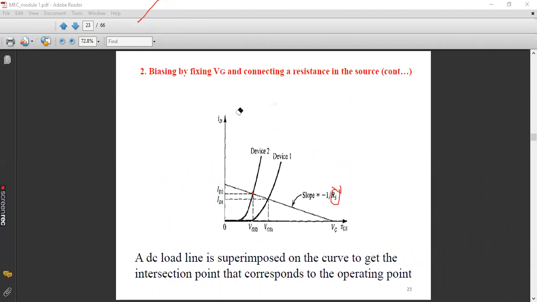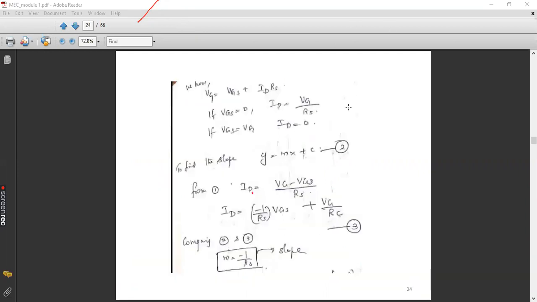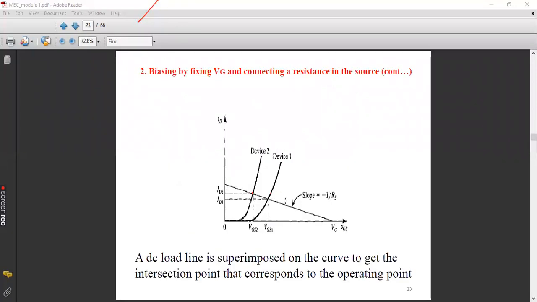Now more clarity will be given in the next slide, on how the DC load line is being shown here. So first, to draw a line, we always need 2 points, right? One point will be in the x-axis and another point will be in the y-axis. So first take the x-axis of the graph. When you are trying to find a point in the x-axis, what will be the y-axis value?